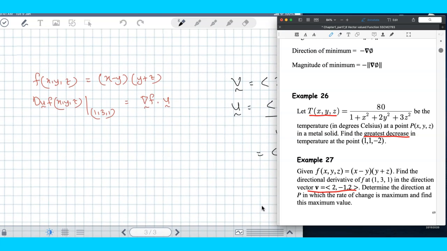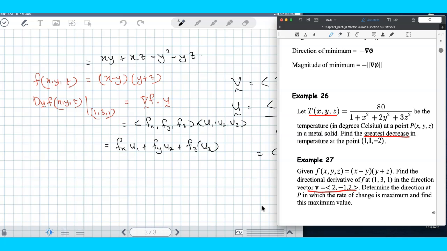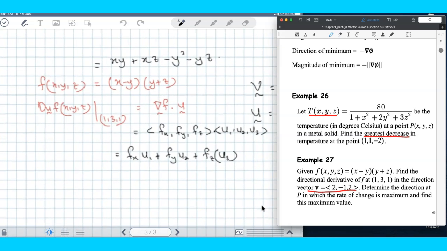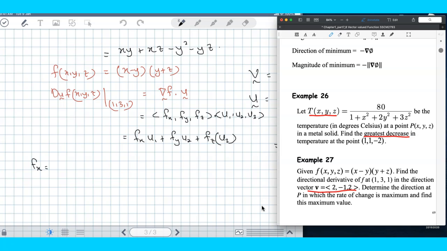And you have to find the fx and fy. So in order to get that, here I just expand. So I have xy plus xz minus y squared minus yz. Okay, and then we have to obtain the fx, fy, fz dot with the u1, u2 and u3. So fx u1 plus fy u2 plus fz u3. Okay, so find fx. So you have y plus z, and then fy you have x minus